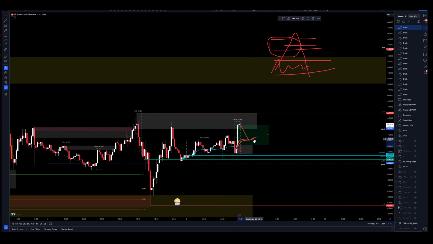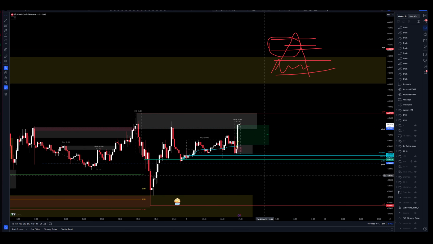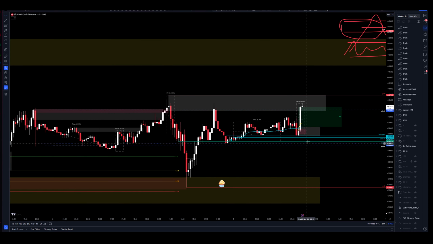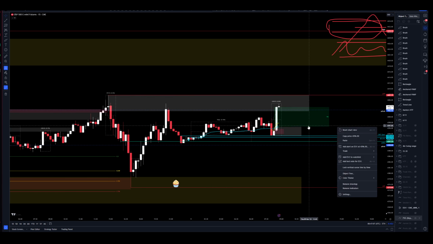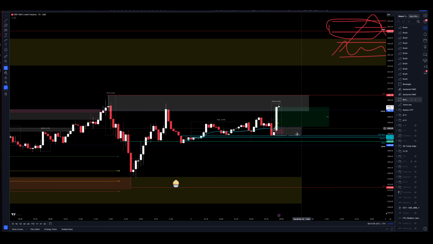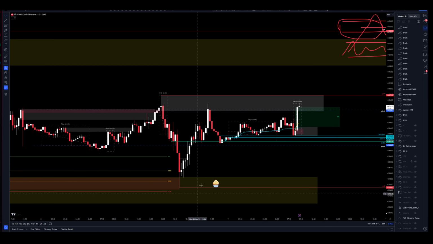Plus, you've clearly had an open sign of intent. The initial balance of the London session is going to close relatively high. It's moved up with a fair amount of velocity to the point where you've created a huge fair value gap, and you can see they're not common. So I think the momentum is definitely up, just as I was talking about down here.